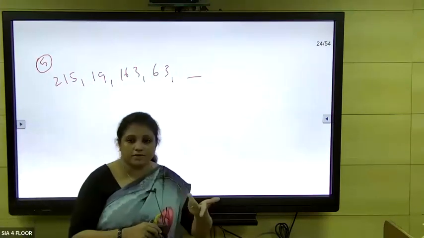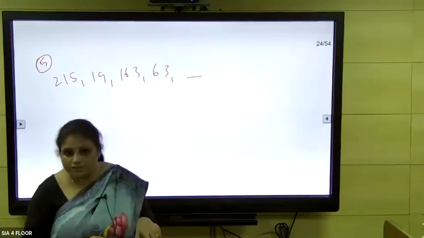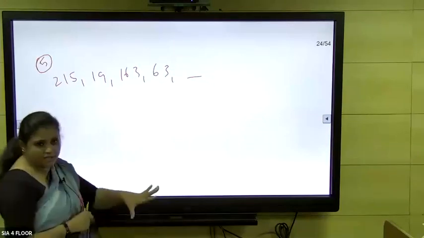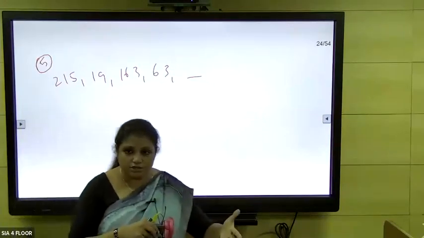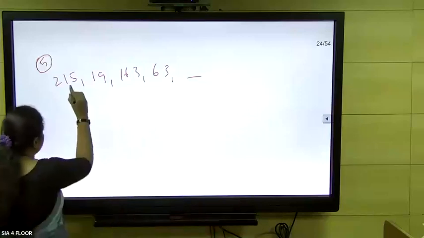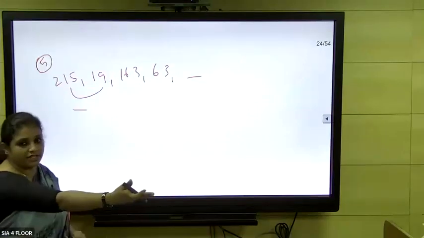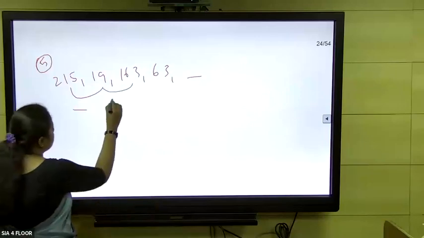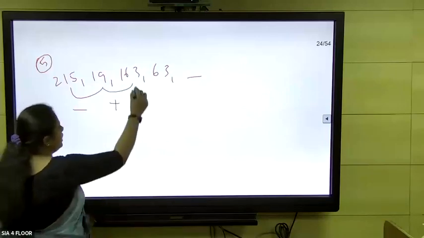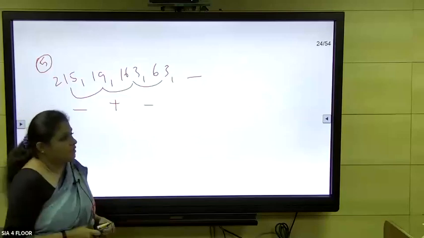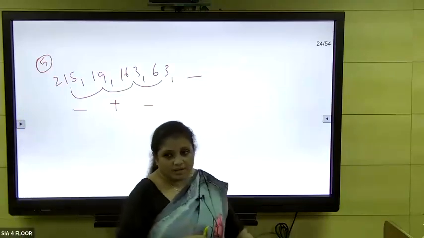then if it is not a prime number also, what I told you to do is just see whether it's an increase or decrease. Sometimes it's a combination of both. So first it is decreasing, so they have subtracted something to get the next number, correct? Next it's increasing, next it's decreasing. So now you got the operator.